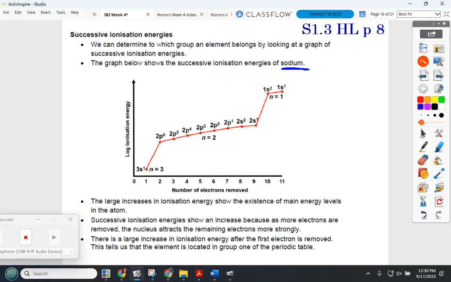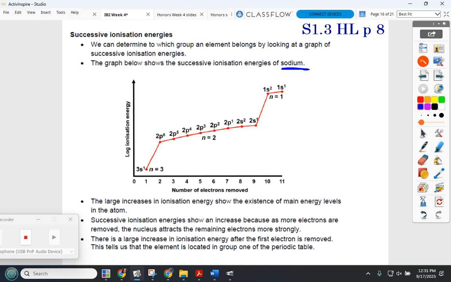But the next electron, now we're picking off an electron out of a full second sublevel, right? So we've lost the 3s. We've lost the 3s1 electron. Now we're pulling the electron that comes after that, which means we're taking it away from being a full octet. Okay, we're saying, you got the full octet, that's great. Now we're going to take another one. It really does not want to lose another one. So it's going to take us more energy to get rid of that second electron once we've already gotten rid of the first one. Okay, then if we go for the third electron, the fourth electron, fifth, sixth, seventh, eighth,